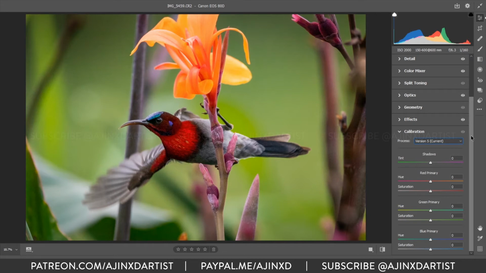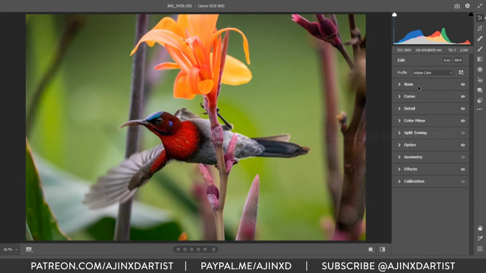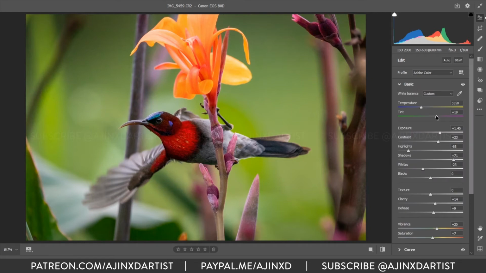I'm using Photoshop 2020, so it's updated. Whatever version you have, the version of the calibration changes accordingly, so I don't really touch any of these sliders as well. So these are the basic settings that I do. Again, you can play with the temperature as per your likes. I always feel that a little bit of warmth in the image always looks good, but some people might like the blue tones as well, so it depends individually what you think about it, about each image.